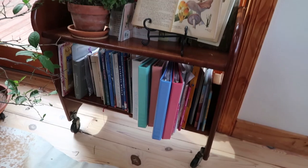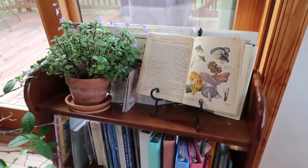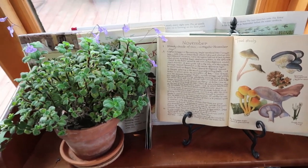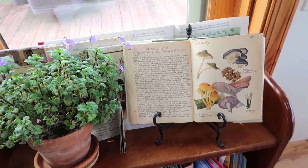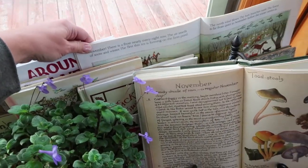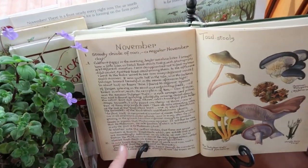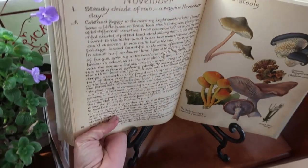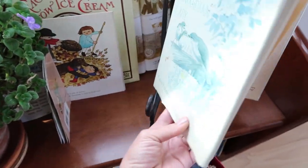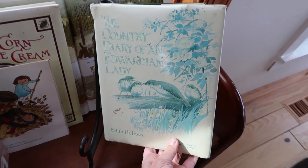We keep some of our together lessons on this shelf. Also, on the top shelf, we keep this little seasonal display. Even though some of the kids are outgrowing it, we still read through most of these books most months, and we display from this beautiful book. If you're a Charlotte Mason family, you may have heard of it. It's called The Country Diary of an Edwardian Lady. It's a beautiful, beautiful